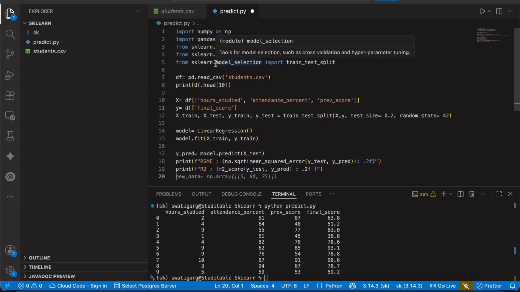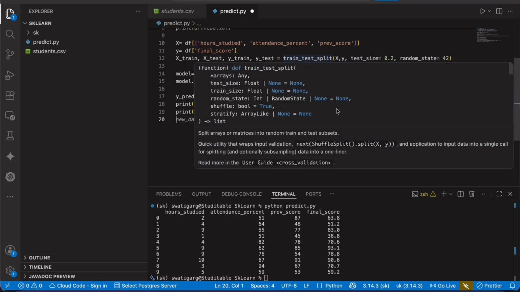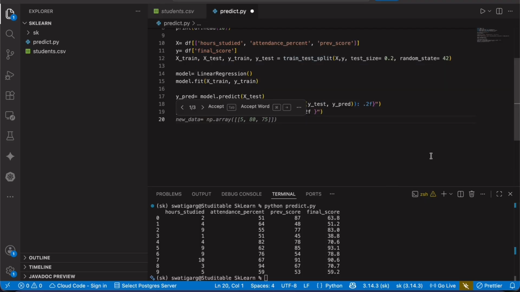It measures the average squared error, that means the difference between the model predictions and the actual values. So whatever final score the model predicts here, let's say the actual value is for example 83, but the model predicts it as 78. So there is a difference between the model predictions and the actual values.